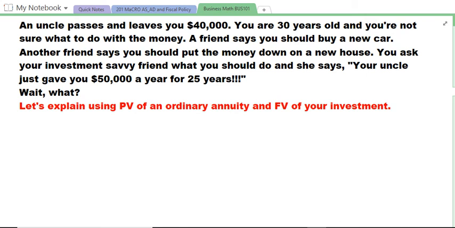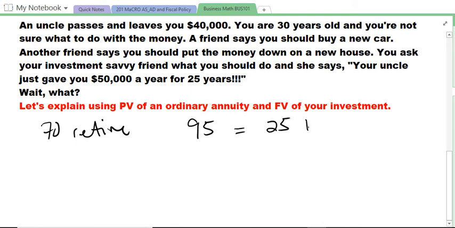And let's imagine you're going to live till you're 95 years old, all right? You're going to retire when you're 70, and you plan to live until you're 95, okay? Now, 95 minus 70 is 25 years of payments,